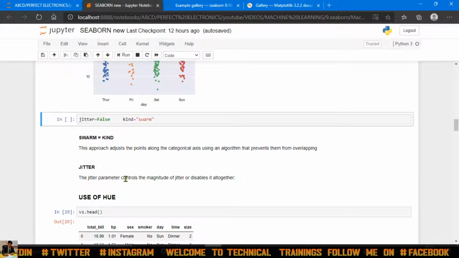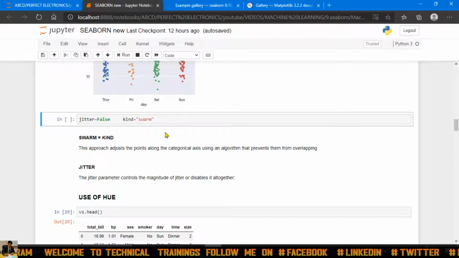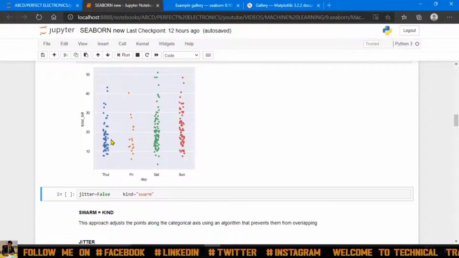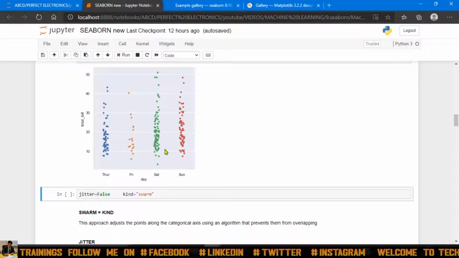The jitter parameter controls the magnitude of jitter or disables it altogether. Now what is magnitude, guys? Now you can see the width of this plot is something like 0.5 centimeter or 1 centimeter. Okay, I'm talking about this width, horizontally, not vertically, horizontally. So this is like 0.5 or something like that.